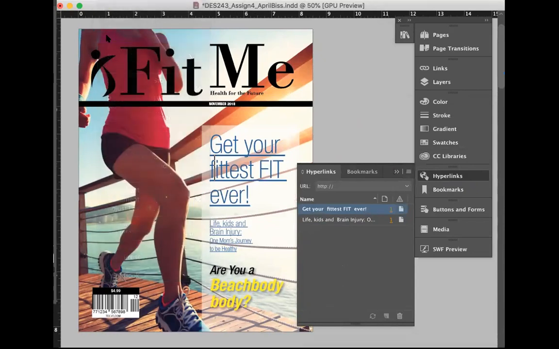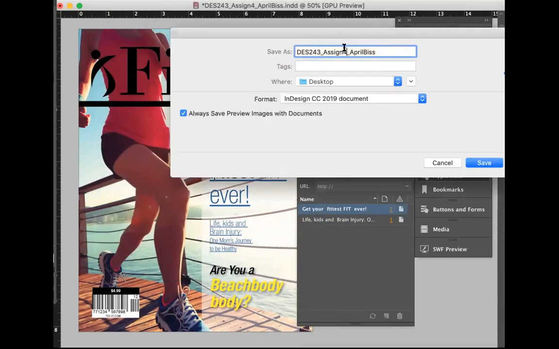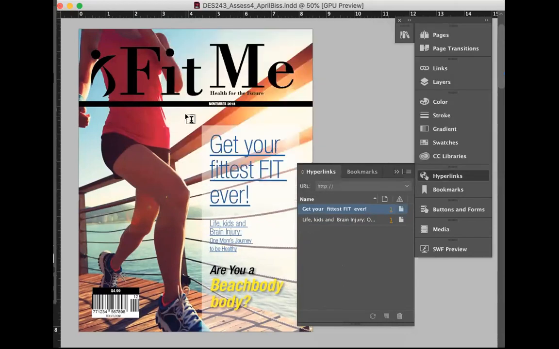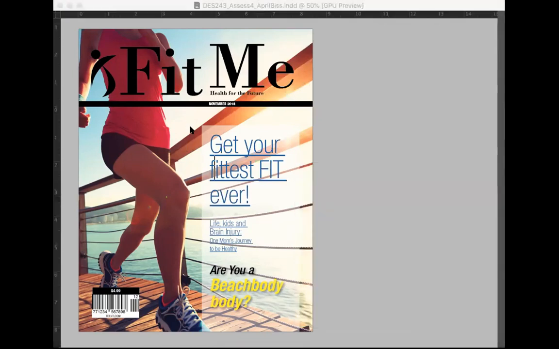At this point, I'm going to go File, Save As, and I forgot to say this. You should do this before you do any changes. Assessment 4 should be renamed so that any of the changes you make, you're not changing your assignment, and you can always go back and change it. Okay, so those are the hyperlinks set up on your cover, and that's the first thing that you need to do. The next